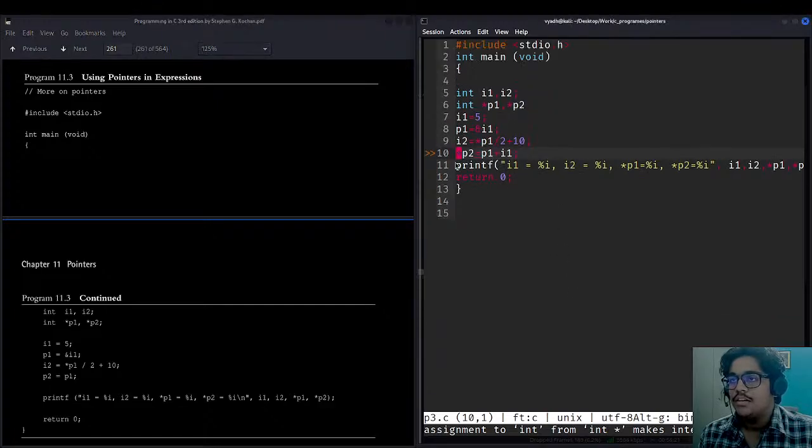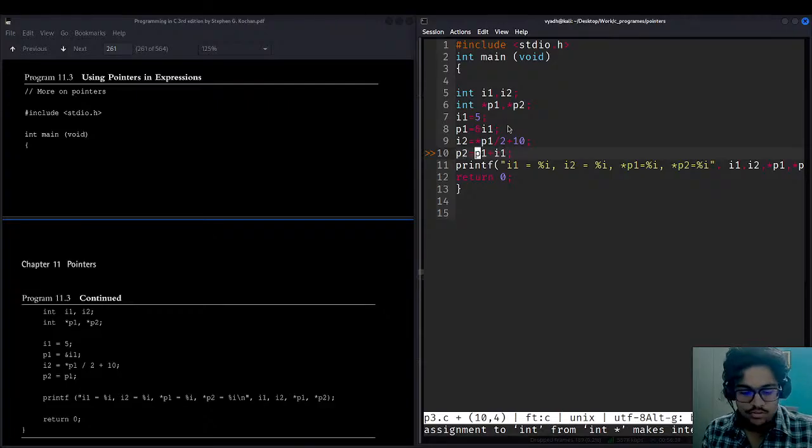We have added an indirection operator before p2. So that is why assignment to int from int star makes integer from pointer to standard integer. This is the error.